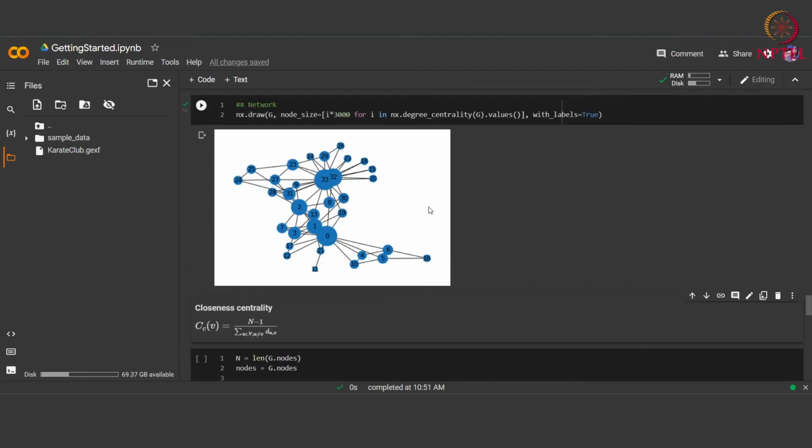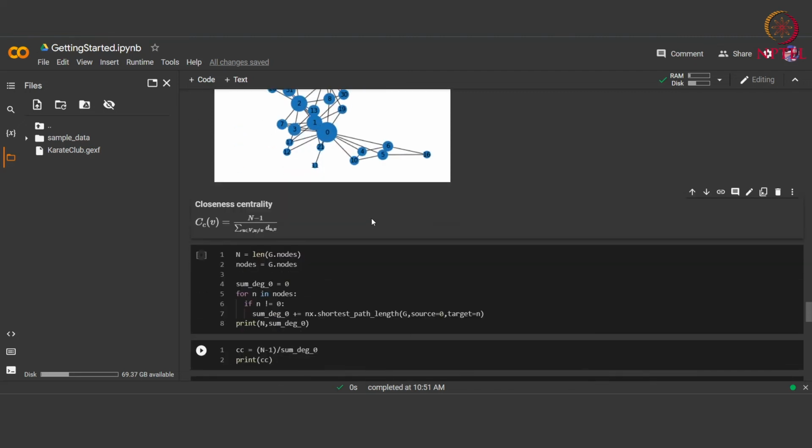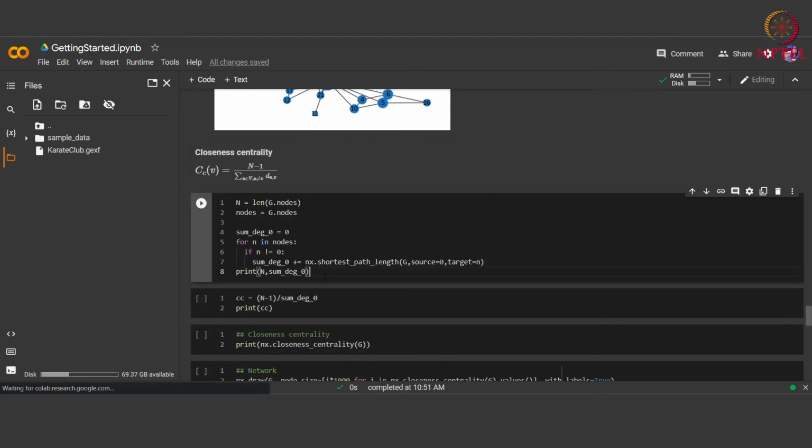Now, while degree centrality indicated the measure of how locally connected a node is, that is, how many immediate neighbors it has, there is another measure known as closeness centrality. That is, if we look beyond the one-hop neighbors, how close a particular node is to the other nodes of the graph. So closeness centrality